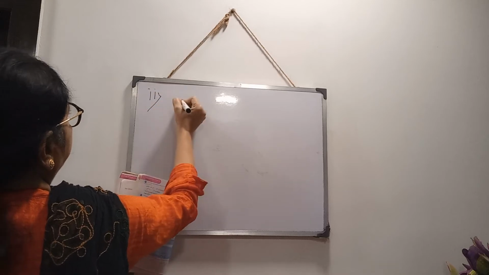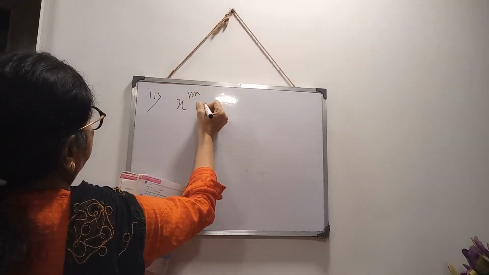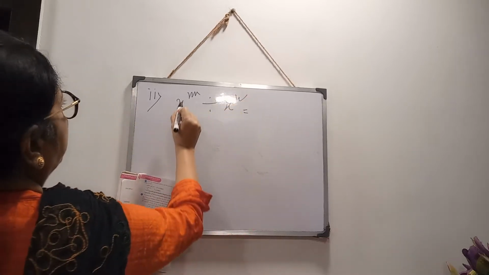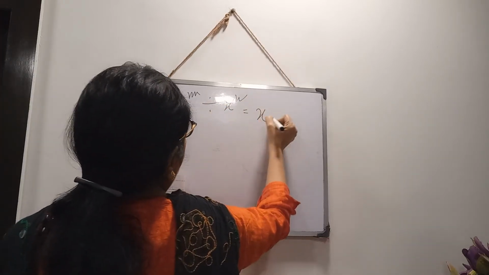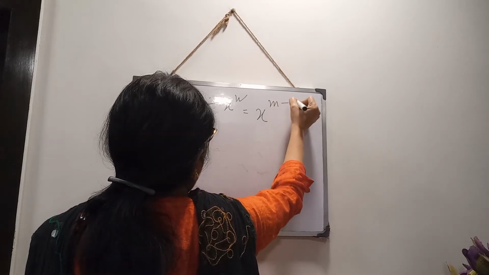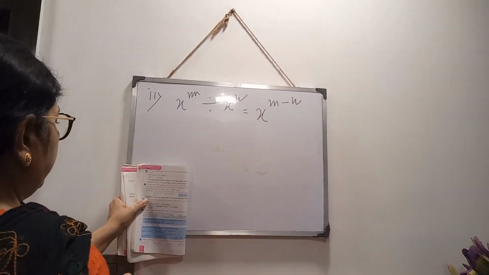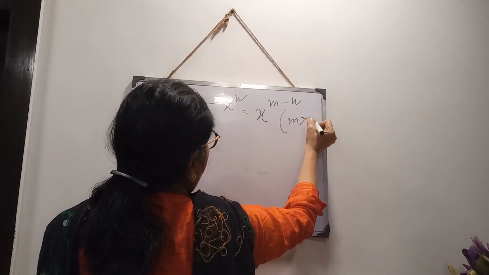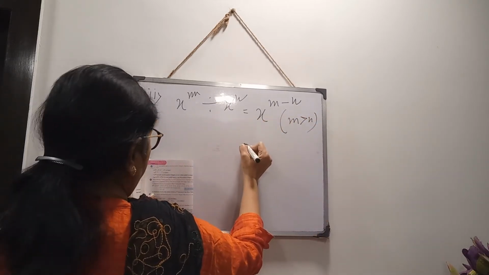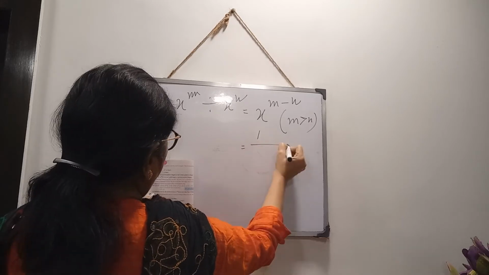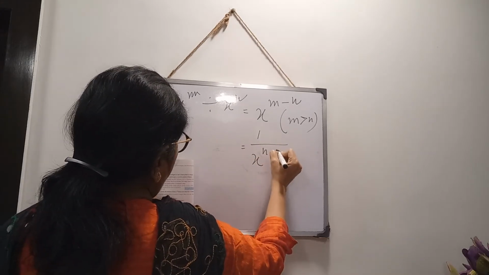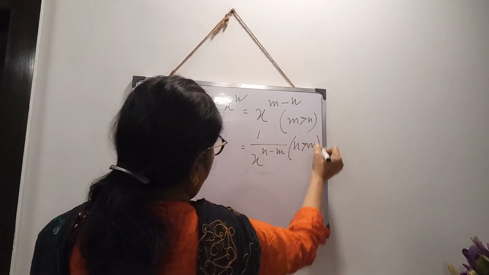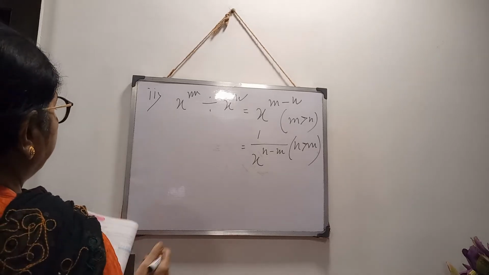It is division. X to the power m divided by x to the power n. Then powers will be subtracted. Then it will be x to the power m minus n. Clear? Where m is greater than n. And if n is greater than m, then it will be 1 by x to the power n minus m. When n is greater than m. Clear? And then the next law,